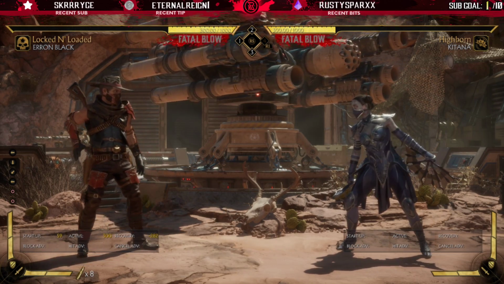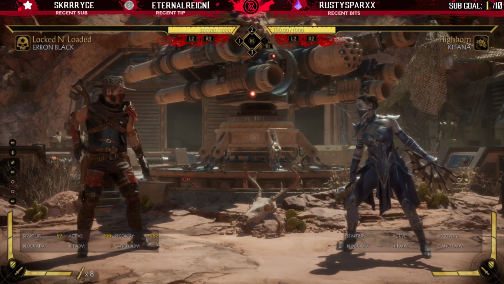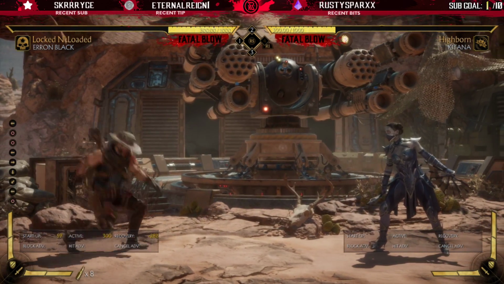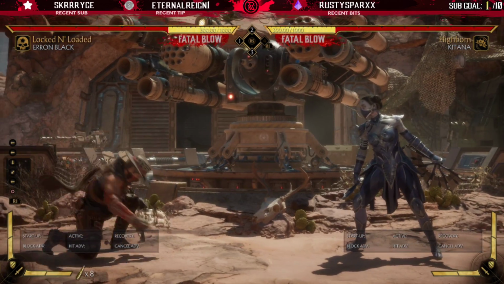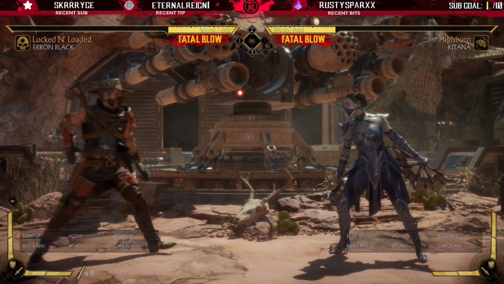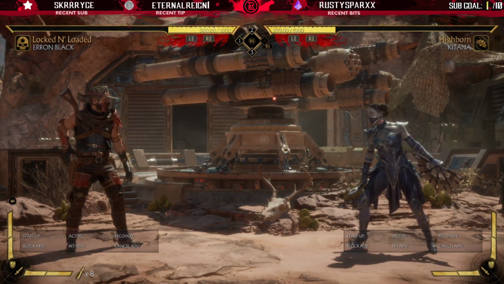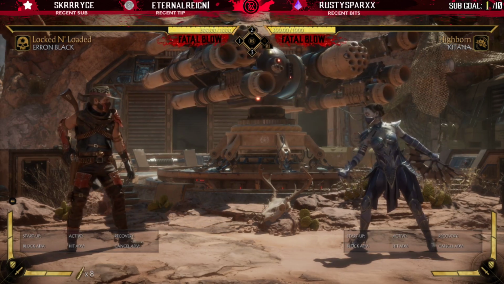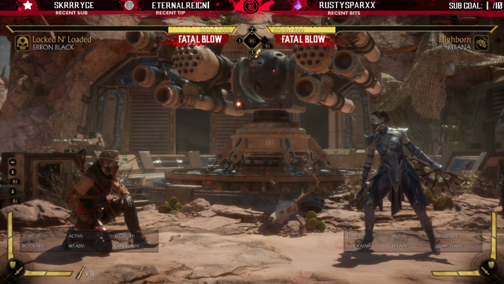What I propose NRS should do is give him another meter burn option. Now normally when you meter burn this move, Erron Black will kick the trap at your opponent, and it's got a lot of startup, a lot of recovery. It's very unsafe on block. Now what I think NRS should do is implement a new option out of this, and the new way to do this would be you hold down and press meter burn, and when you hold down and press meter burn,